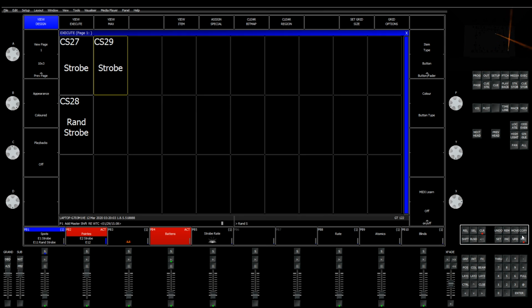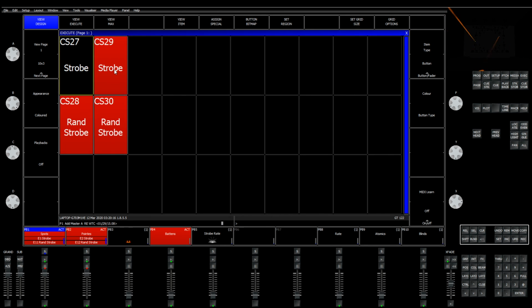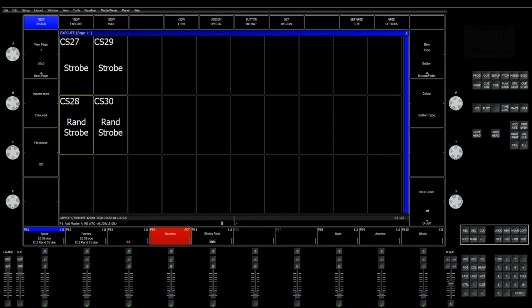Random strobe. Perfect. So that's them strobing all together and random strobing. And then I've been toying between having a cue, a different way of keeping